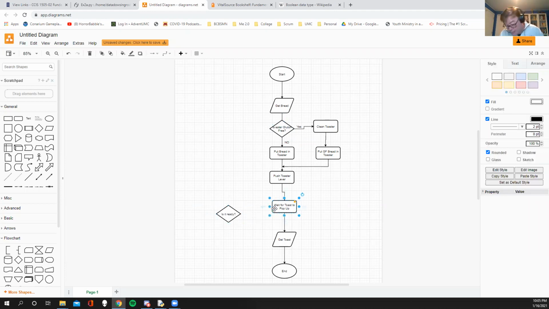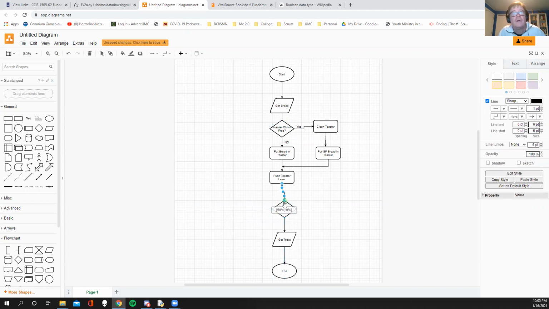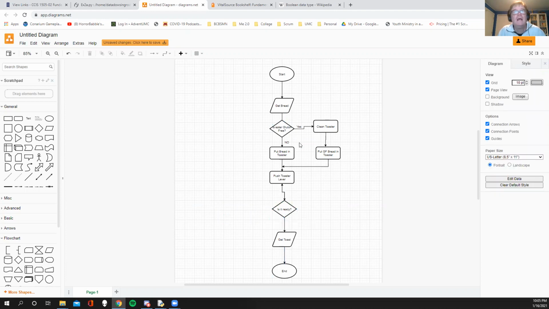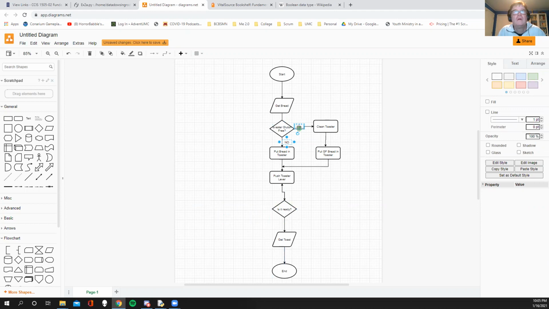Okay, I'm going to take this out. Yank. I'm going to put this over here. And I'm going to connect them. So that's a connection there, and that's a connection there. Is it ready? Now this one,